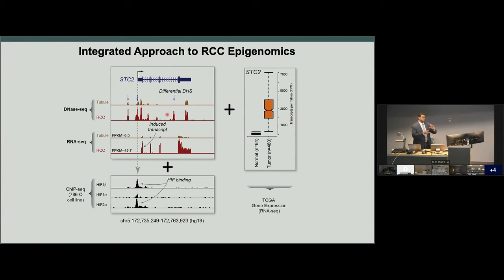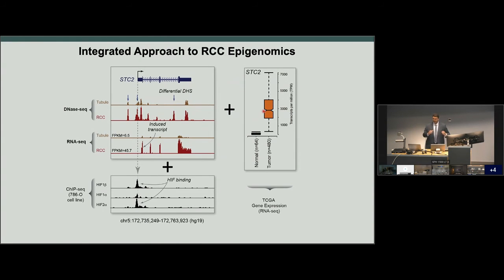Now, the reverse is also true. In other regions, there are enhancers that are open in tubules, but not in the cancer. Corresponding to this, we can also see gene transcription, corresponding to these higher histograms in red in the tumor compared to the tubule over here. We can now integrate this with other external databases, such as evidence for HIF binding at the promoter of this gene, or also large-scale tumor gene expression databases, such as the Cancer Genome Atlas, where they see on average that tumor cells are overproducing this particular gene, to integrate these various types of information to try to glean insights.